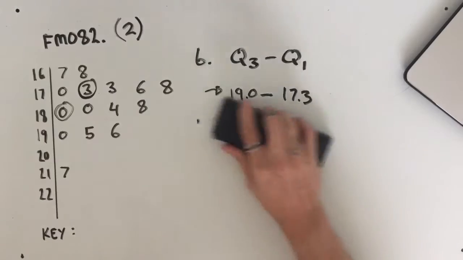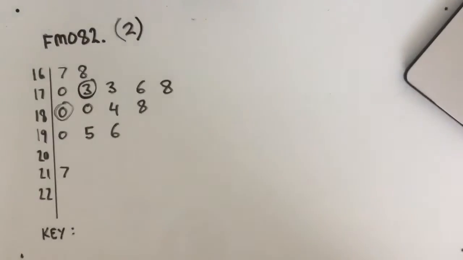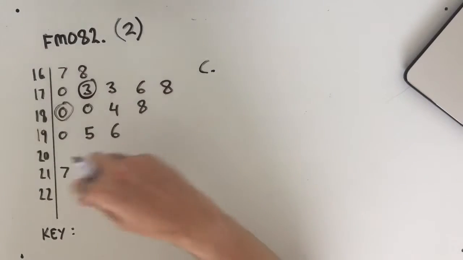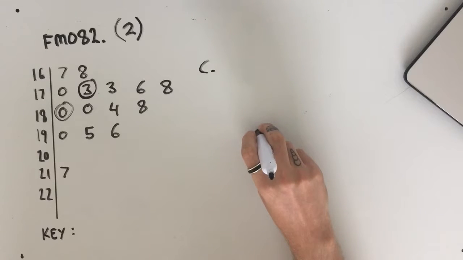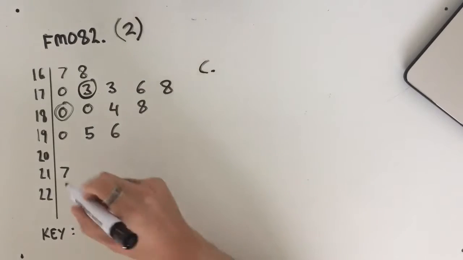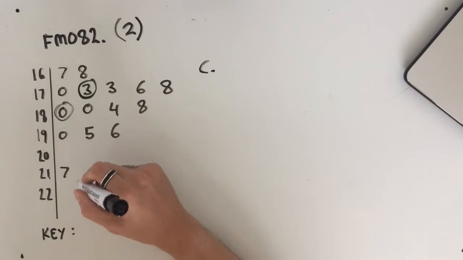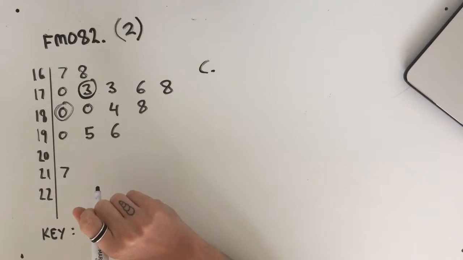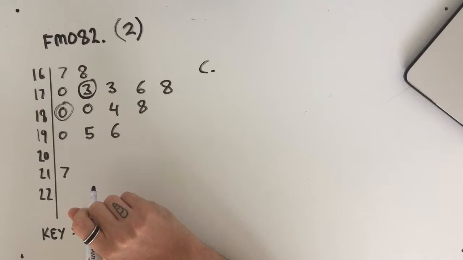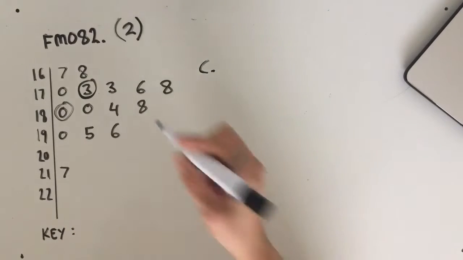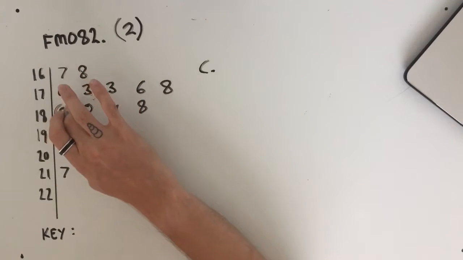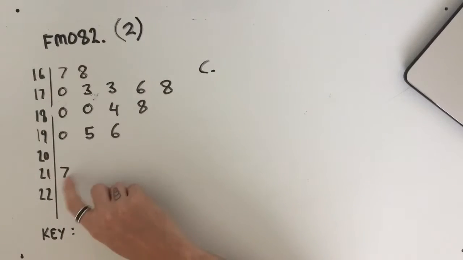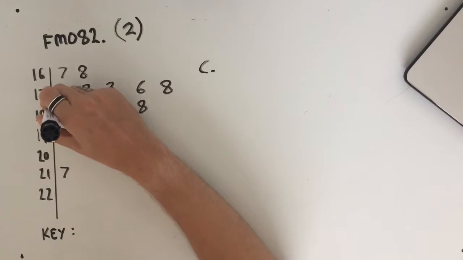Cool. So to continue on from there into part C. C says if the data values displayed in figure 2, or this figure here, were used to construct a box plot with outliers, then the average age that women first enjoyed a coffee at, 21.7 years, so this value here, would be shown as an outlier. Explain why this is so and show an appropriate calculation to support your explanation. So what they're saying is that if we were to construct this data as a box plot, our value down here for 21.7 years will be shown as an outlier.